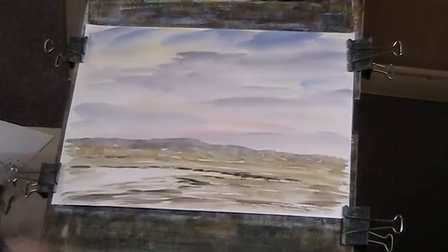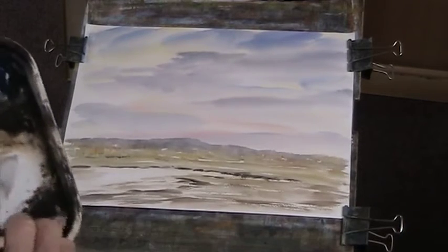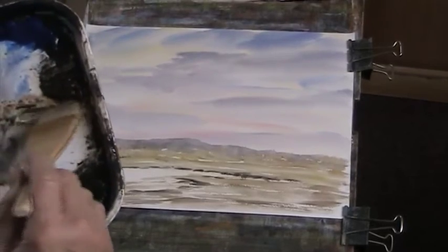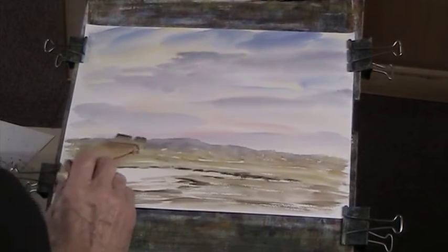Now just a bit of detail on some trees and things, some gorse bushes, green, dark green, Payne's grey, bit of burnt umber, bit of yellow, and then